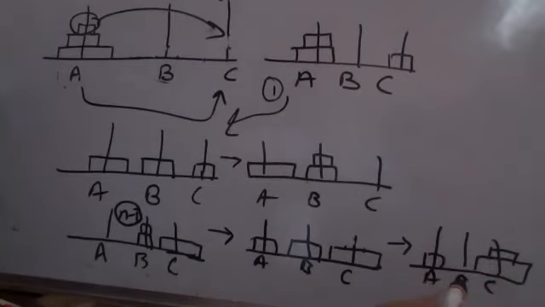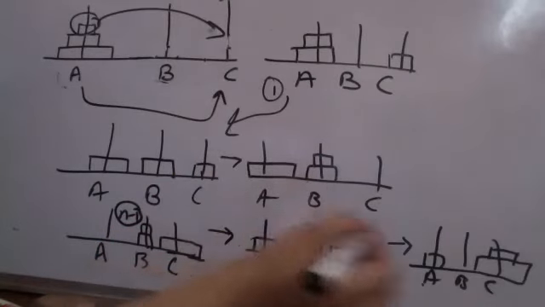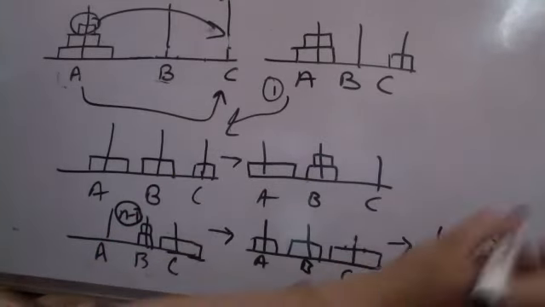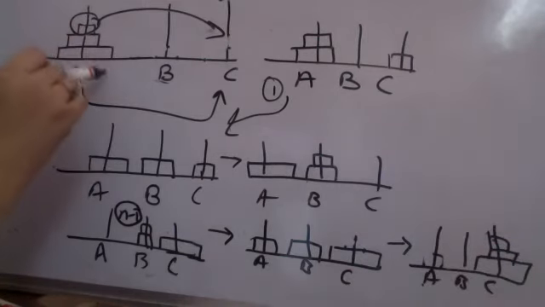अब आपने इस step में क्या करा? A में आपके n-2 size का टावर है, अब A से C पे वो टावर shift करना है. This is a recursive process going on. So in the final step, you will shift this. I'm out of space, so I'm drawing here. You will shift this here so that the tower has been shifted from A to C step by step and following all the rules. This is Tower of Hanoi problem.